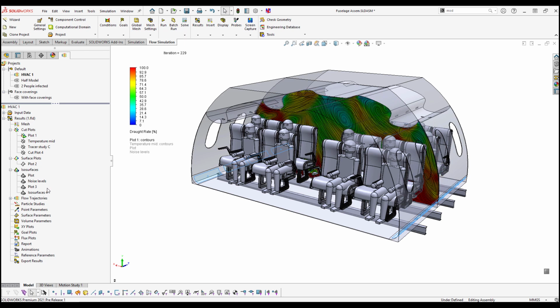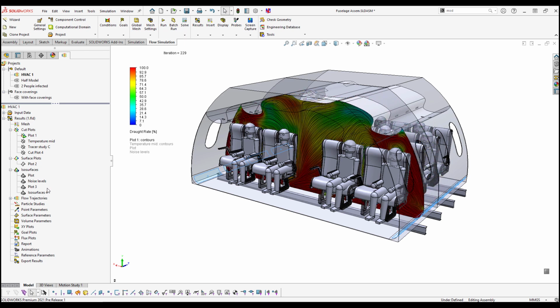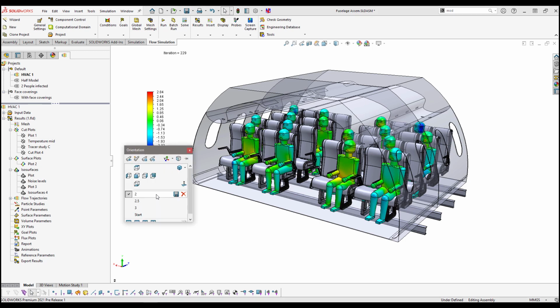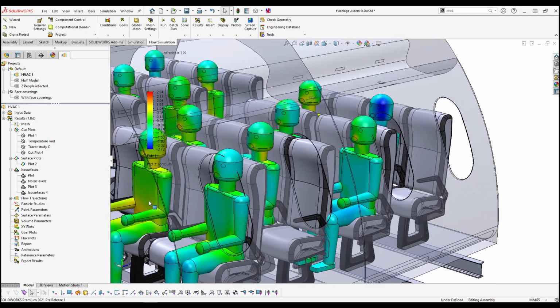Next, we can see what percentage of people will be happy with the overall temperature. We can do this by looking at the predicted mean vote, or PMV for short. This result parameter is based on social studies and considers the average thermal sensation of a group of people. The target here is to get to 0, that is the neutral aim and the ideal scenario. However, 3 would be uncomfortably hot, and -3 would be too cold or drafty.